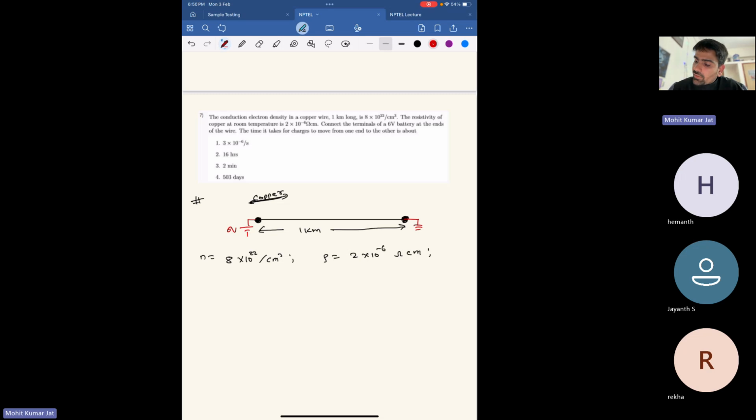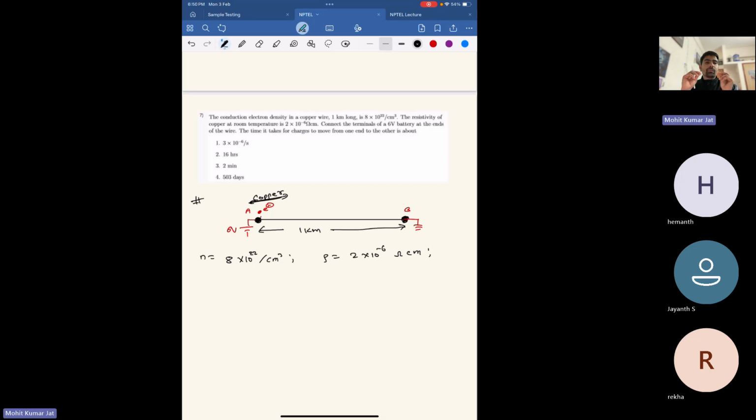The time it takes the charge... now they are asking how much time this electron will take to move from this end to the other end, from end A to end B. That's what the question is asking, right? So if you see, whenever you turn on the light, what you find is that